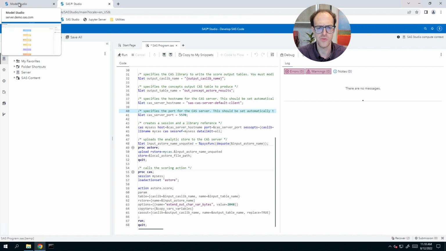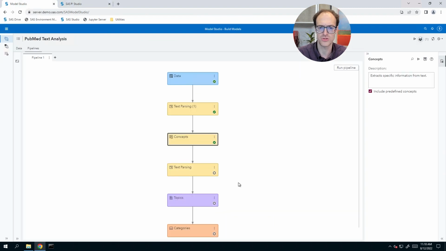Just quickly before we wrap up, I wanted to point back at Model Studio. This was a quick workshop on visual text analytics, trying to illustrate how you can use it to explore drug-disease association. I chose this case study on Zantac and ranitidine because it's easy to understand and folks might be familiar with it. But of course, you could apply this kind of work to tons of different topics, looking through scientific literature for keywords that are relevant to some application of interest.